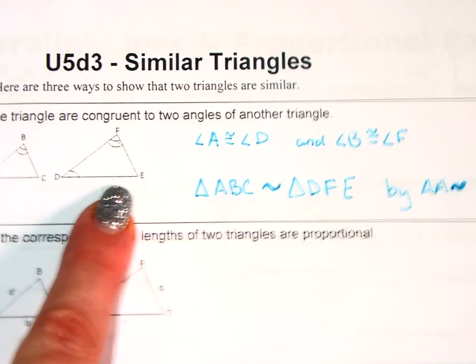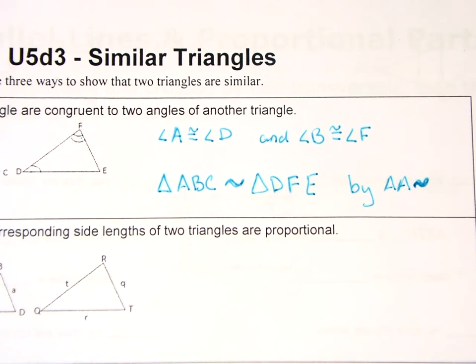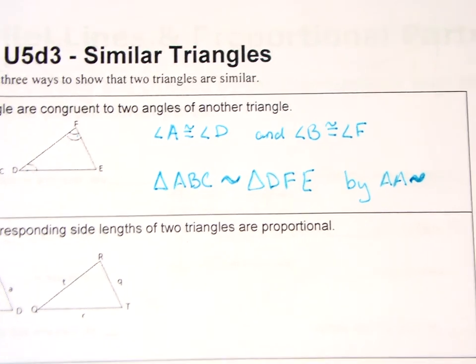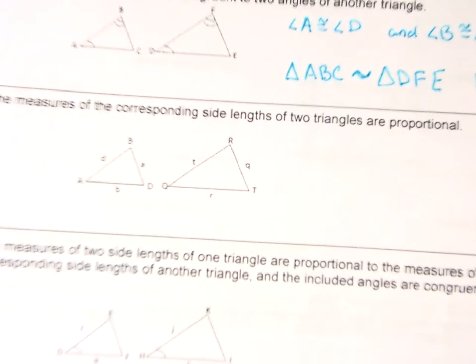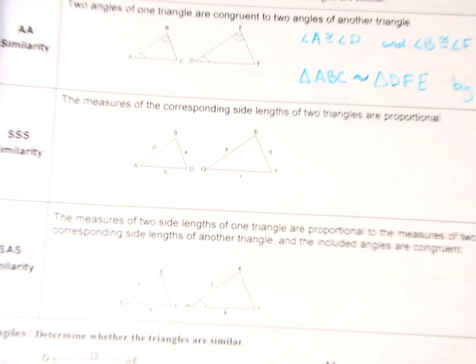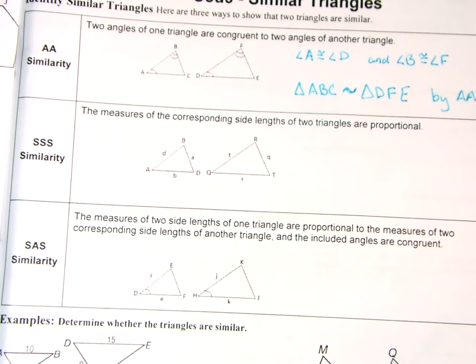So remember when we did side, side, side, and side, angle, side, and all of that, I would say you should put the congruent symbol afterwards. Because now we're sometimes using the same letters if you look at the next 2, and we need to know we're talking about similarity and not congruence. Okay? For example, when I look at the next one, okay, the next one is called SSS similarity, and it says